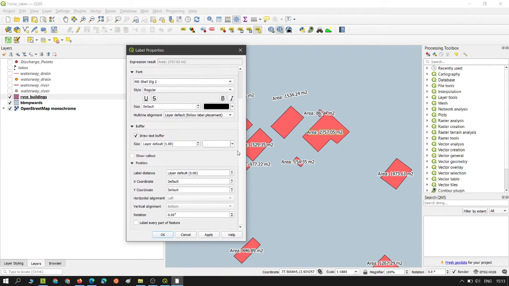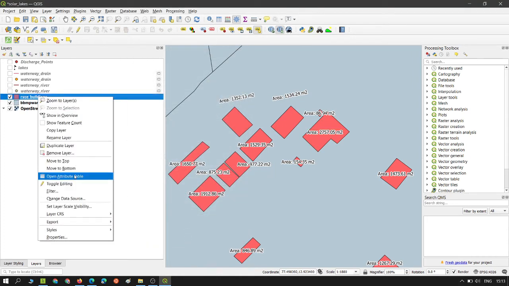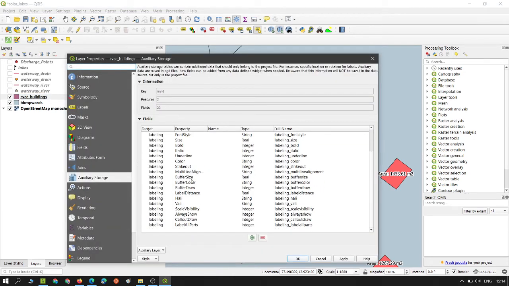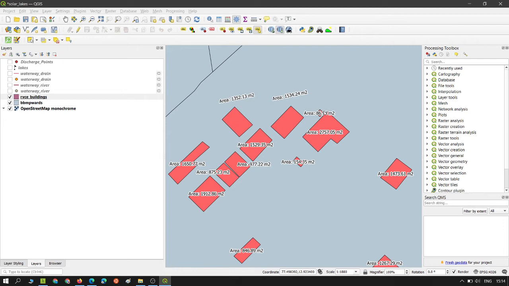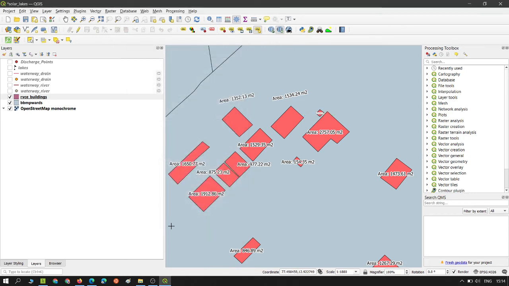Once I've done this, I click cancel, and I just want to show you what changes have been made in the auxiliary table. You see all the fields have been populated. They do not contain any values as of now because we haven't made any change, but the fields are set. So now you can go ahead and modify your size or anything of your choice.